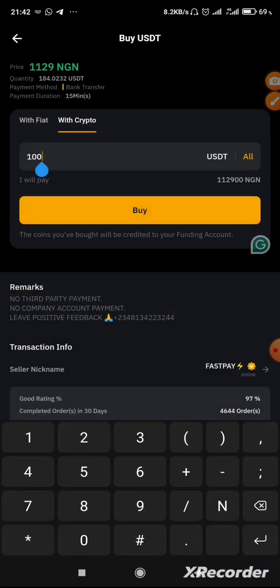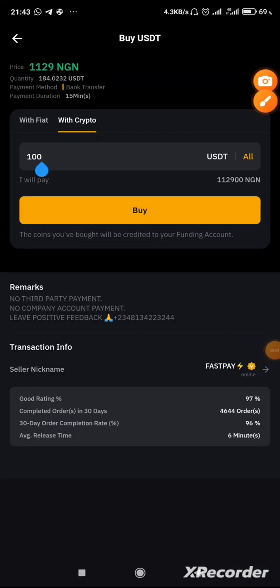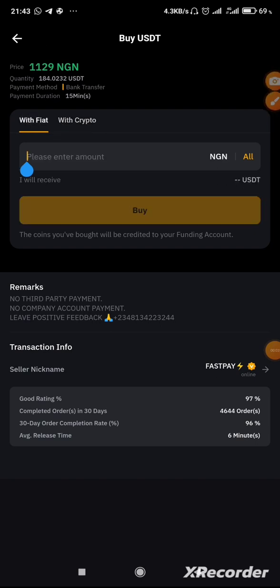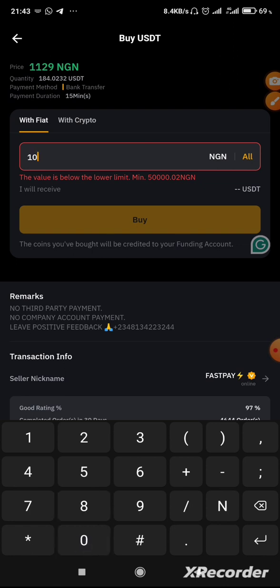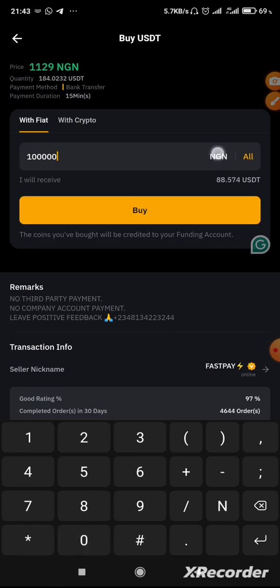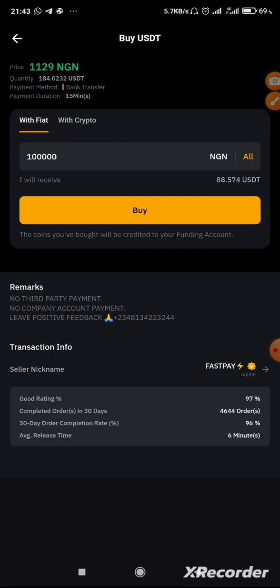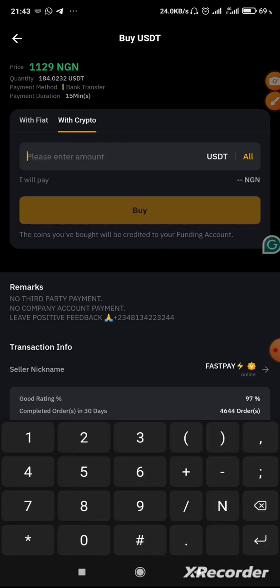Of course, at this point you already know how much you're trying to buy, so you wouldn't spend more than 1 or 2 seconds typing in the amount you're trying to buy and initiating the buy. You can see we have 2 options on determining how to place our order, either with crypto or with fiat. With fiat means you want to enter the amount you are going to buy in Naira, NGN, while if you want to buy it by the crypto amount, you enter the amount you want to buy